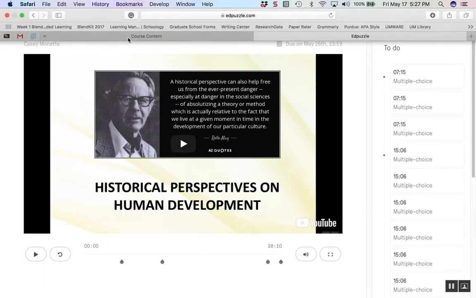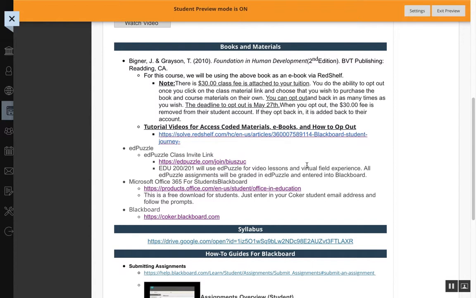So going back over to Blackboard here, something else that you need to know is that Microsoft Office, I do highly, highly suggest that you have access to this. Now for students, and I'm not 100% sure why it says Blackboard there, because it does not on my teacher page, so that's just a little glitch that's happening. But for Microsoft Office 365 for students, it is a free download for students and also for teachers. All you have to do is use your Coker student email address and follow the prompts. And here's a link to that. Again, it is free. I highly, highly suggest that you access that if you do not already have Microsoft Office